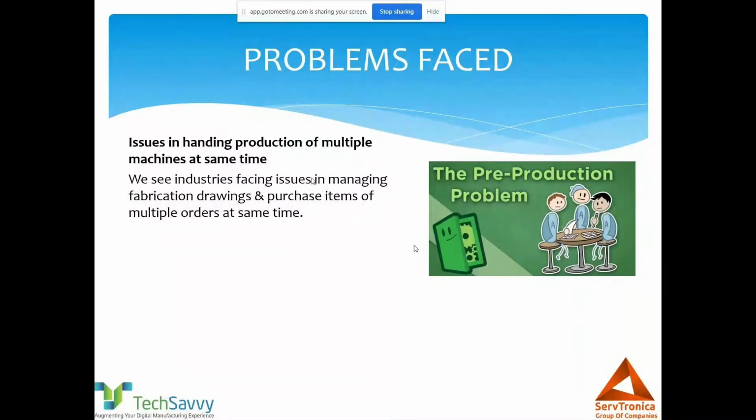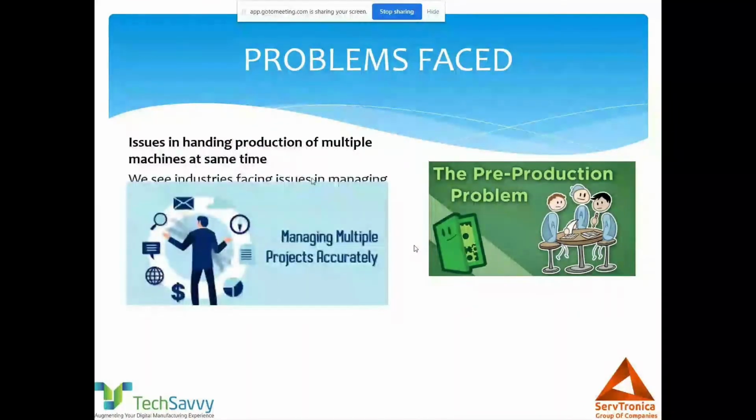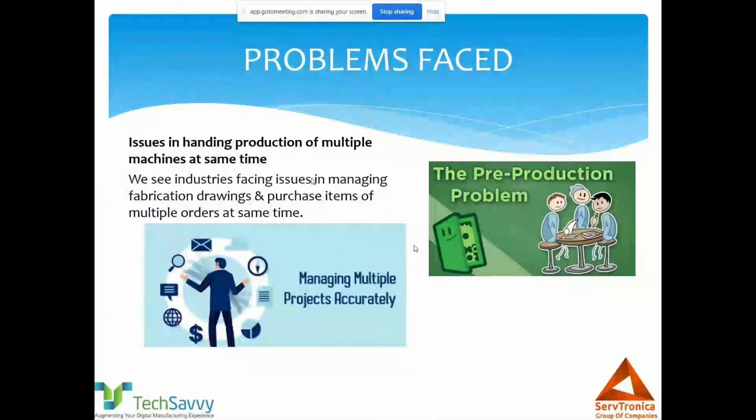So managing projects accurately becomes a major challenge in any organization. These aspects seem very small, but they create a huge issue at the end of the project, right?